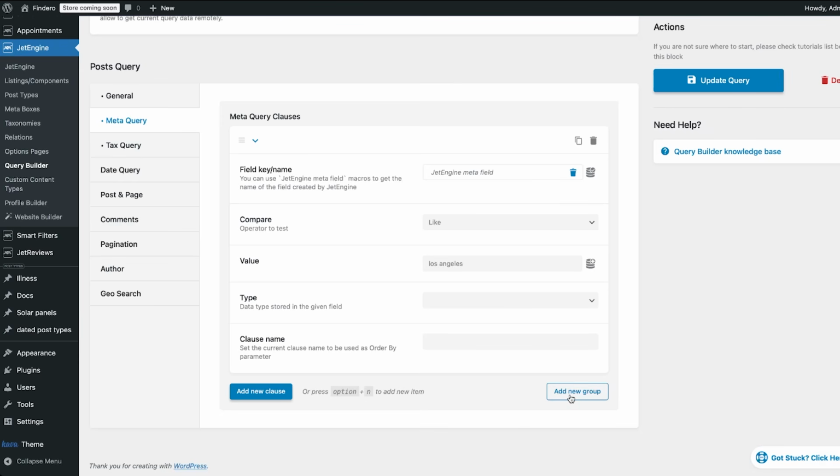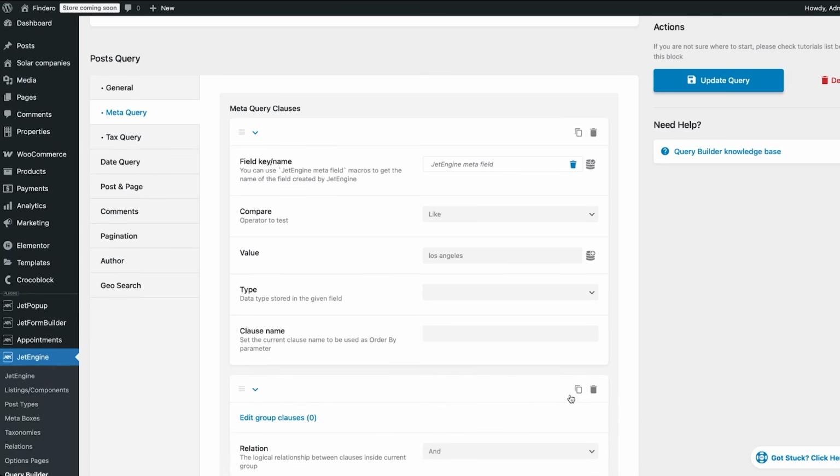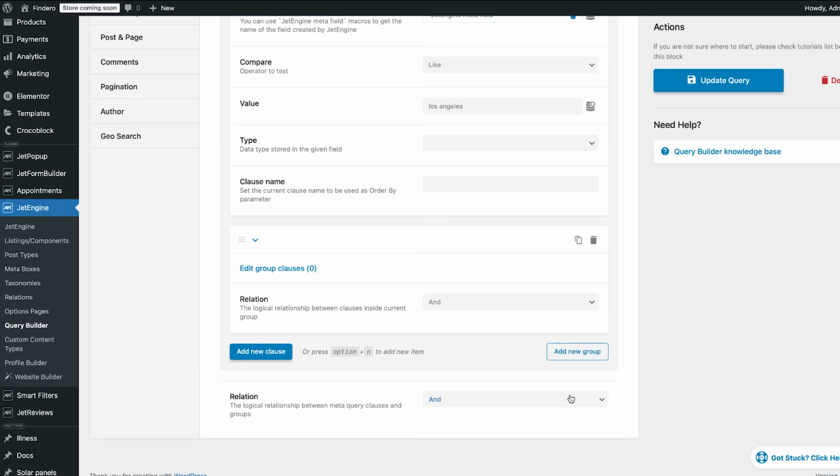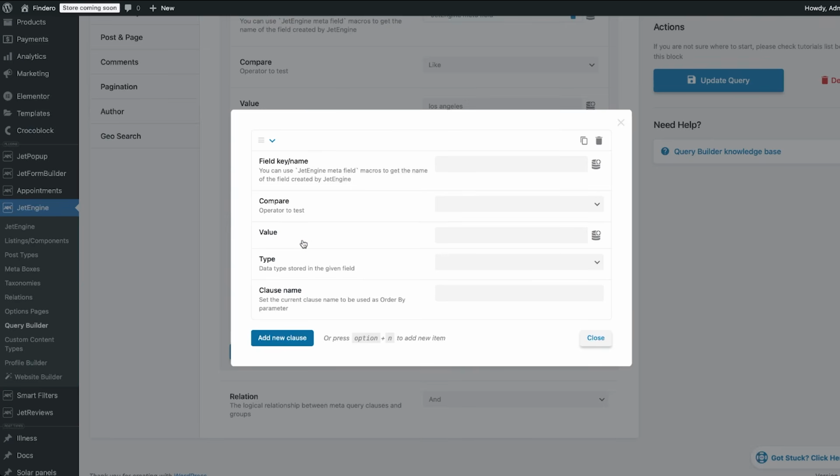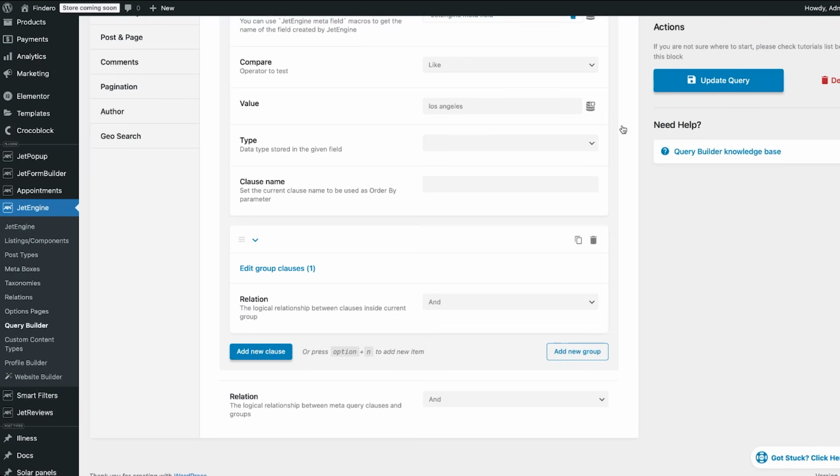When creating query clauses, you'll see a new Add Group button. That starts a group block where you can insert conditions. Once you click Edit Group Clauses, a pop-up appears that looks just like the top-level query editor, so it feels familiar. You will select the relation inside the group from a drop-down under each group block. Then, at the bottom of the Meta Query Clauses panel, you can choose how the groups and single conditions relate